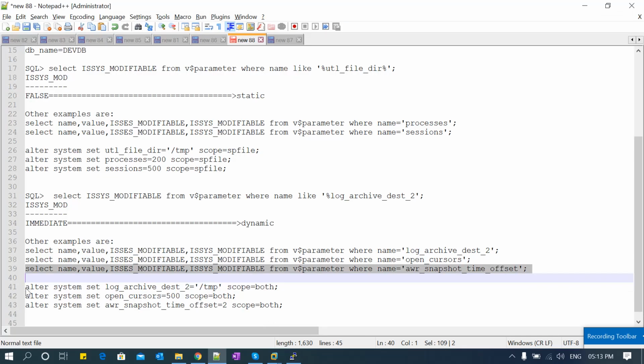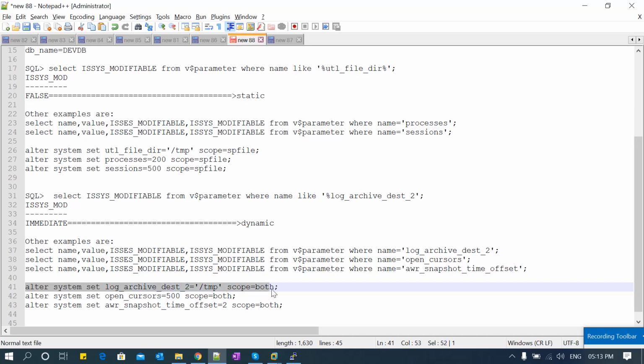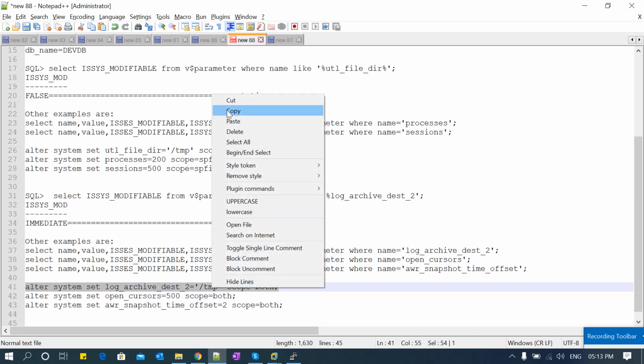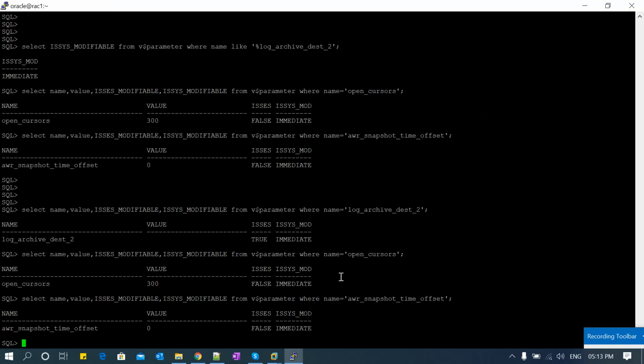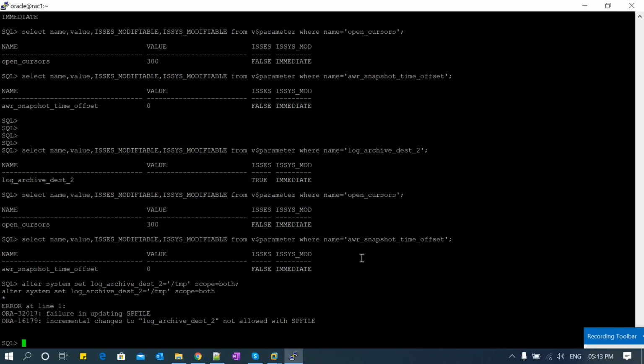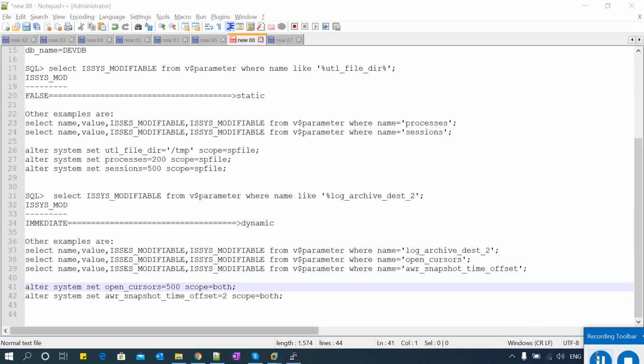These are the alter system commands. First, log_archive_dest_2, I'm setting it to temp. Okay, failure in updating SPFILE parameter: incremental change of log_archive_dest_2 is not allowed with SPFILE.